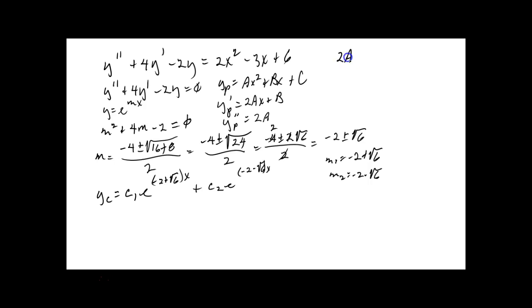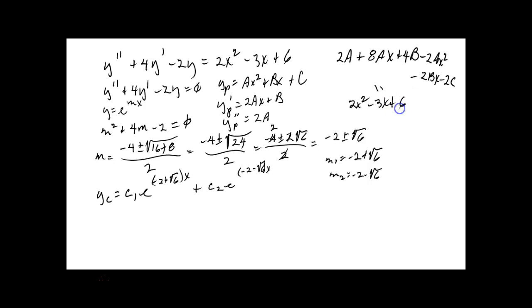Okay. Now, let's plug that into what we've got here. That would be a 2a plus 4 times your y prime. So that's going to be 8ax plus 4b. See where I got that? 4 times the y prime, 8ax plus 4b. Right? Next, minus 2 times your y. So that would be a minus 2ax squared minus 2bx minus 2c. All right, so that's our derivatives added together,